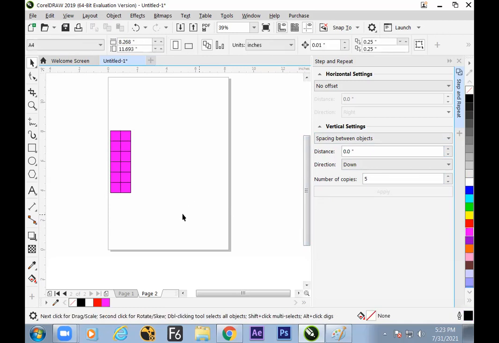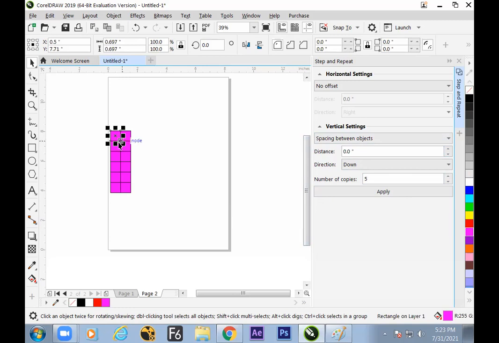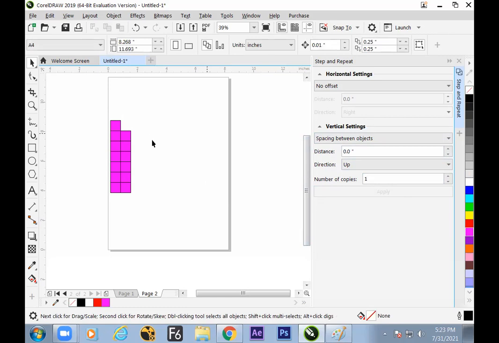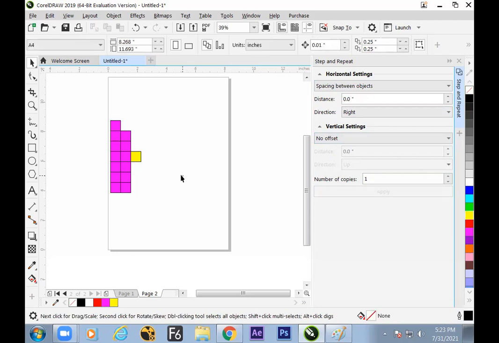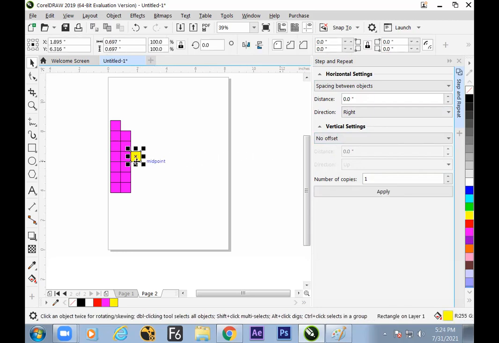The first side is done. Now the next, one more onto the top side, because hydrogen goes on the top. So to the downside offset, how much? 1 we require. Now to the next, here 4: 1, 2, 3, 4. The D group is 4, so let us make 1 to the right side. With calculation we're moving, and change the color. Now, how many are required? 10 required, so 9 more are required on the right side. So get 9.